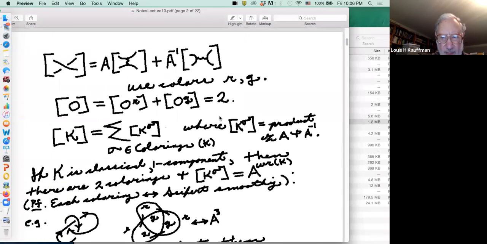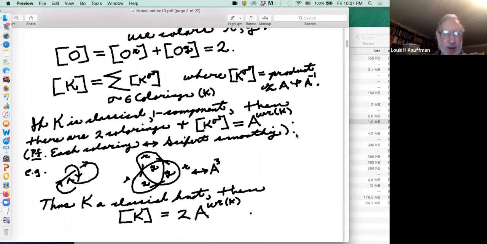And then in general, you look at all the different colorings of the knot or link and take products of A's and A inverses accordingly. And if you have a classical one component knot, then there are two colorings exactly, and